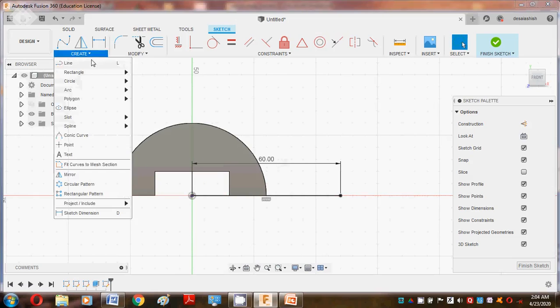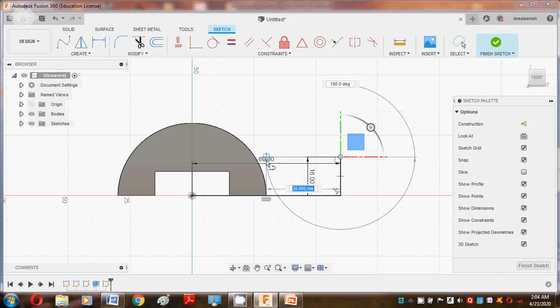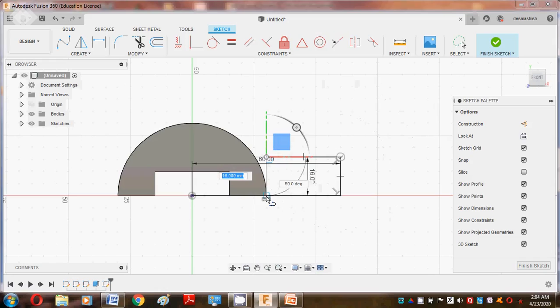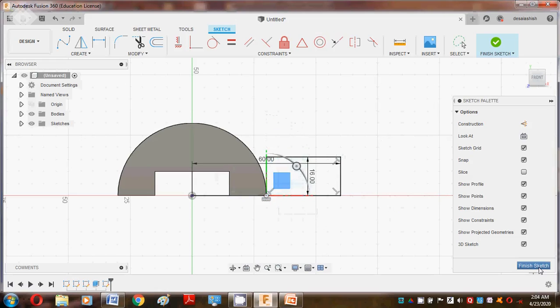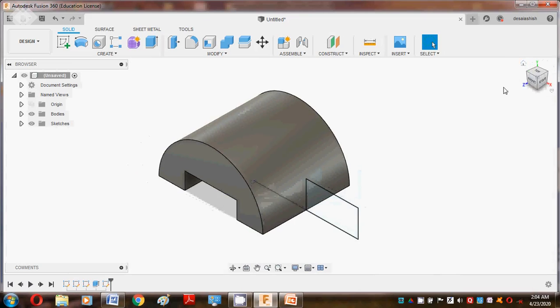then this top edge is about 16, then create the line, this edge is about 30, and we can join it over here. Now we make finish sketch, go to the home,